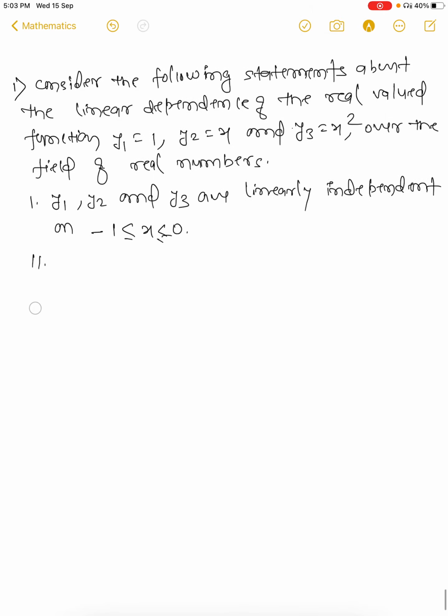Second statement: y1, y2 and y3 are linearly independent on